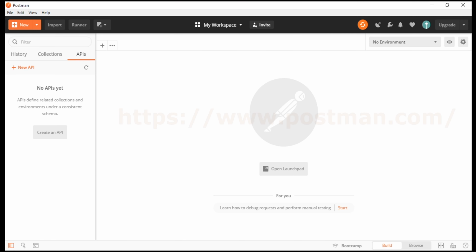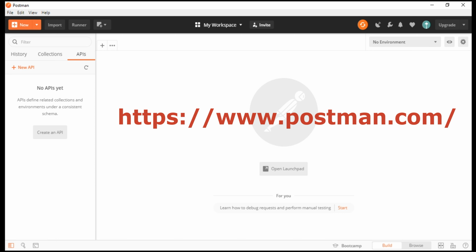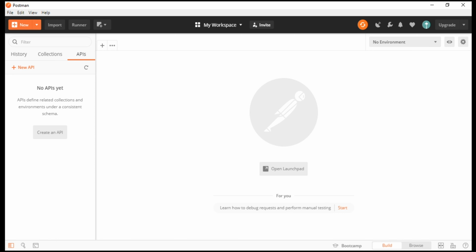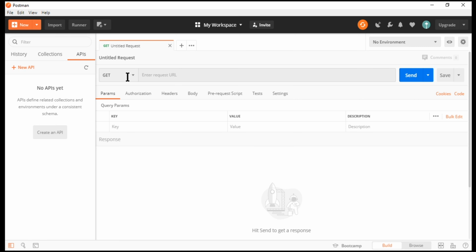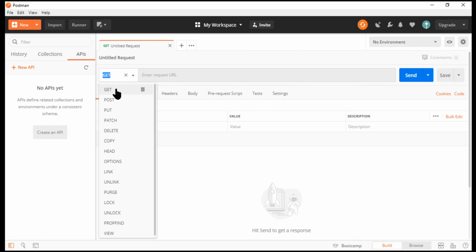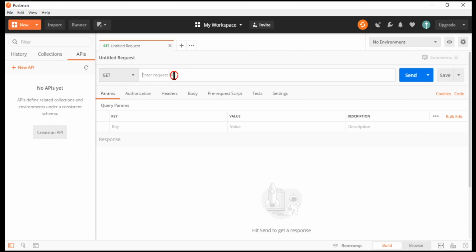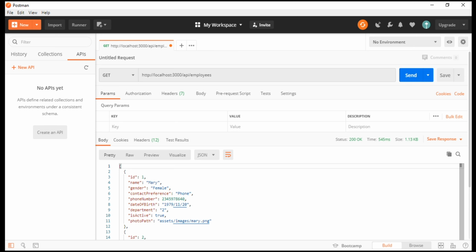It's a free tool, and you can download this from their website, postman.com. To launch a new request window, click on the plus sign here. We want to issue a GET request, select that from the drop-down list, and here is the URI, and then click send. Notice in the response body, we have the complete list of employees in JSON format,